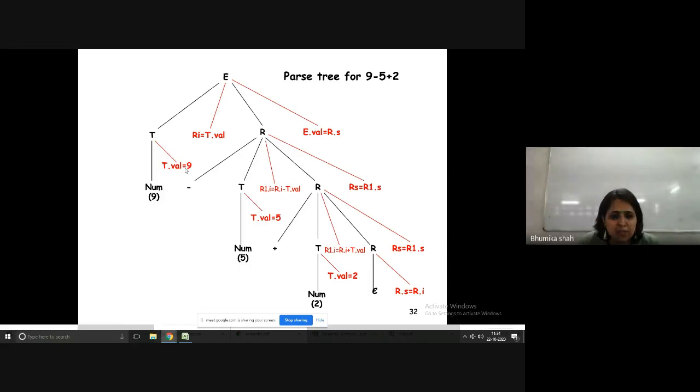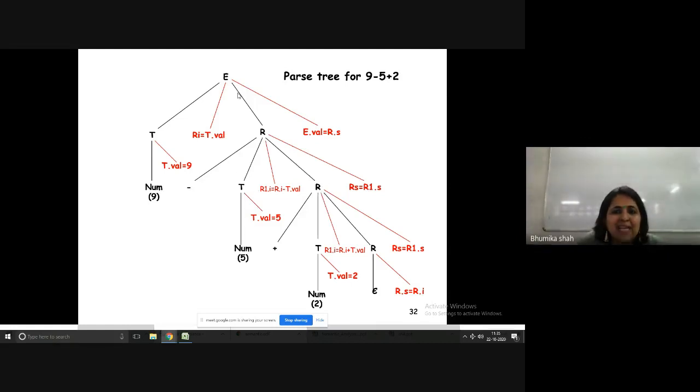So the value of 9 is over here, and the rule is read as E derives T E dash and E dash derives minus T E dash. So this E, which is on the left side, will become the left operand, minus, and the right operand, and the result is going to be stored over here in this E dash.